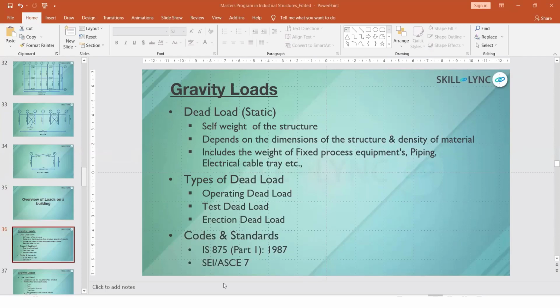The self-weight of the structure is a dead load, and the dead load mainly depends upon the dimensions of the structure, the material used, and any heavy materials, such as process equipment, pipes running on it, or cable trays. Dead loads are loads that cannot be moved; they are the permanent loads that rest on the building.